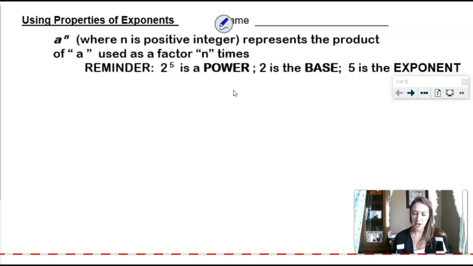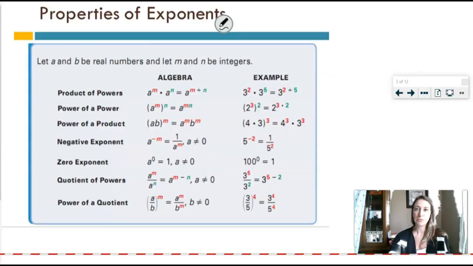And make sure you're watching your handwriting on these questions, because if it's an exponent, I expect to see it small, and it needs to be superscript, so like in the exponent position, just like you would see it on your calculator. So here are the properties of exponents, and these names are not important, but this property right here